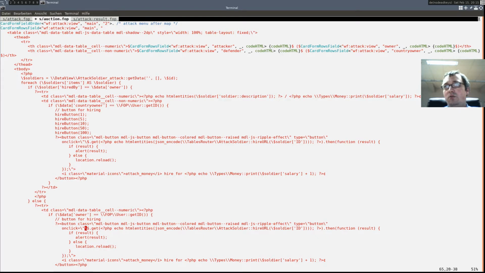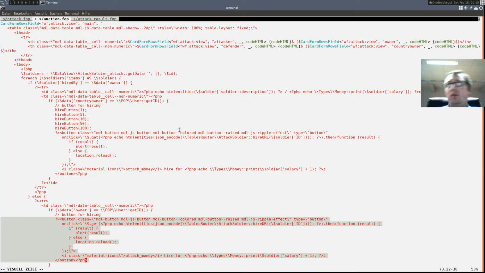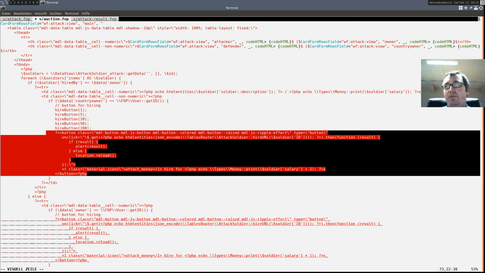Now here we have the same code for buttons, same as here. So let's compare these both code blocks. Both have in common a button class, MDL class, ripple effect types button. On click, JSON encode, attack soldier, hire URL, soldier ID.